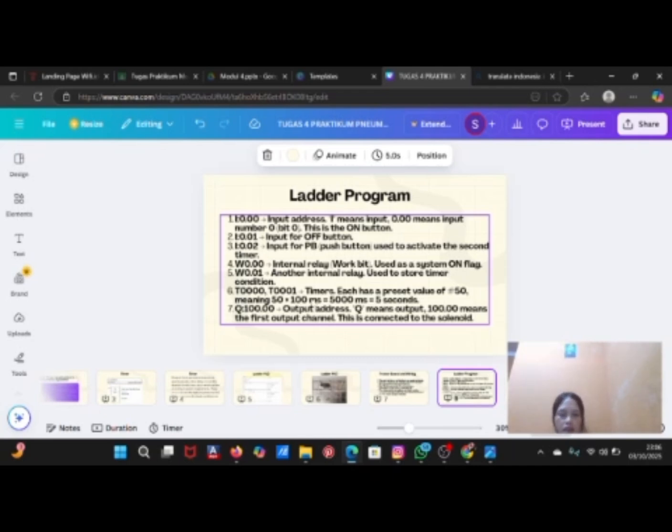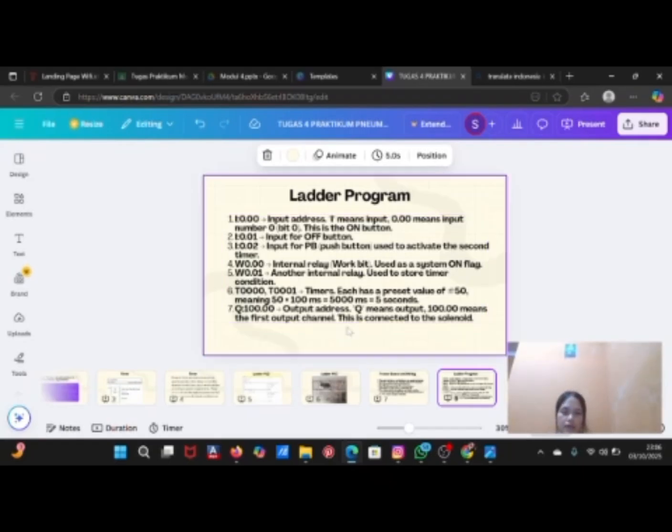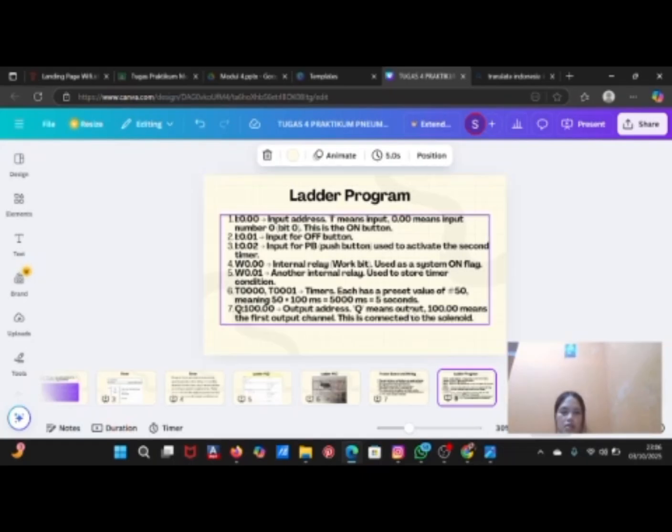Sixth, timers have a preset value of #15, meaning 15 times 100 milliseconds, 5,000 milliseconds, 5 seconds. Finally, key 100 is the output address. Key means output, 100 means the first output channel. This is connected to the solenoid.